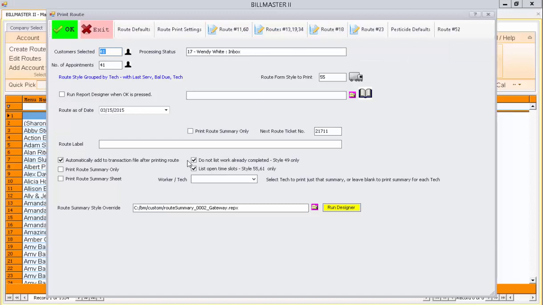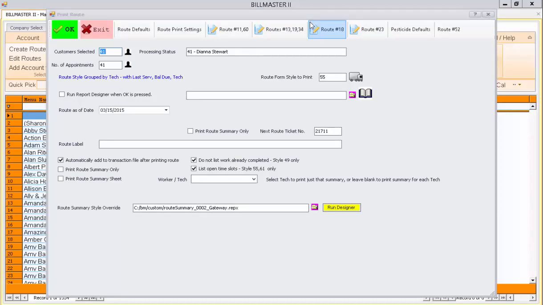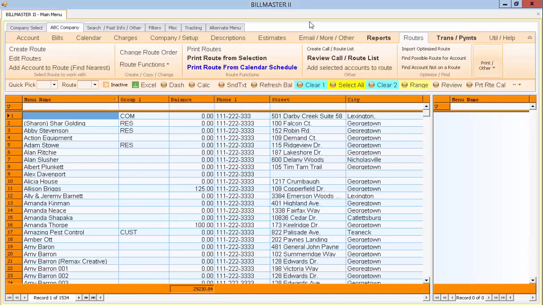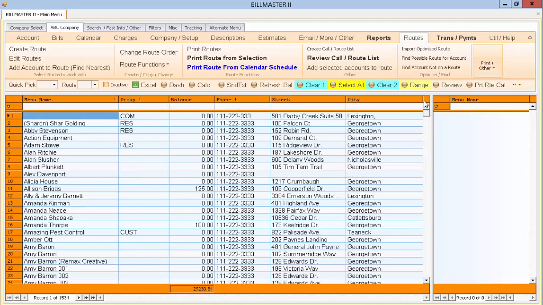This can also print out summary sheets for you. This will allow you to reconcile your routes for the day. It can also be printed out by technician or route. These are some of the features to make your life easier with routing and scheduling. Again, all forms and appointments can be customized from the existing